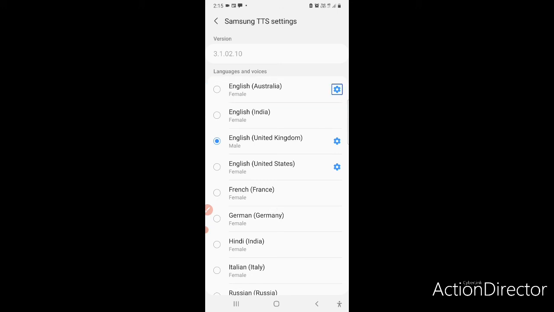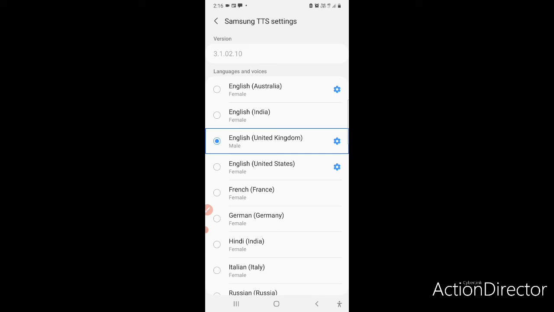Settings. Button. Over here we have another option, that is settings, which was not there in Google TTS. So I will show you what it is. When I click on this settings, I will have two options, that is male and female. So say if I have selected that, I have currently kept my TTS to English US, English UK. Okay, so I will show it to you over there when it is telling you checked. Not checked. Radio. Checked. Set. Checked. Radio button. English United Kingdom. Male.